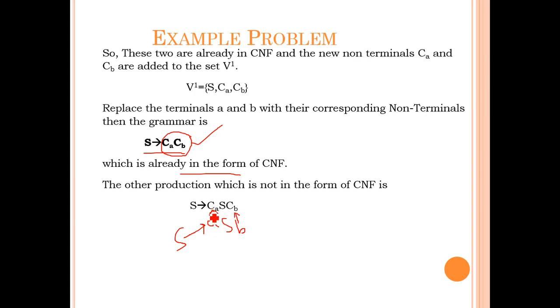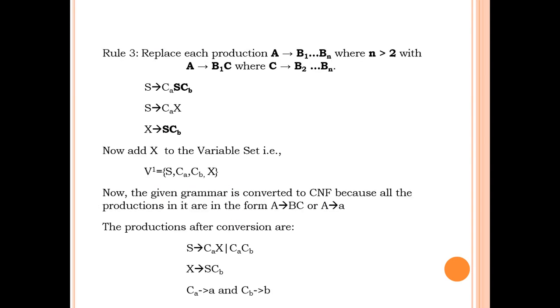Now this is not in Chomsky normal form because the length is greater than 2. So apply another rule. When the length is greater than 2, what do you have to do? The first symbol must stay the same. The remaining symbols you can take as another